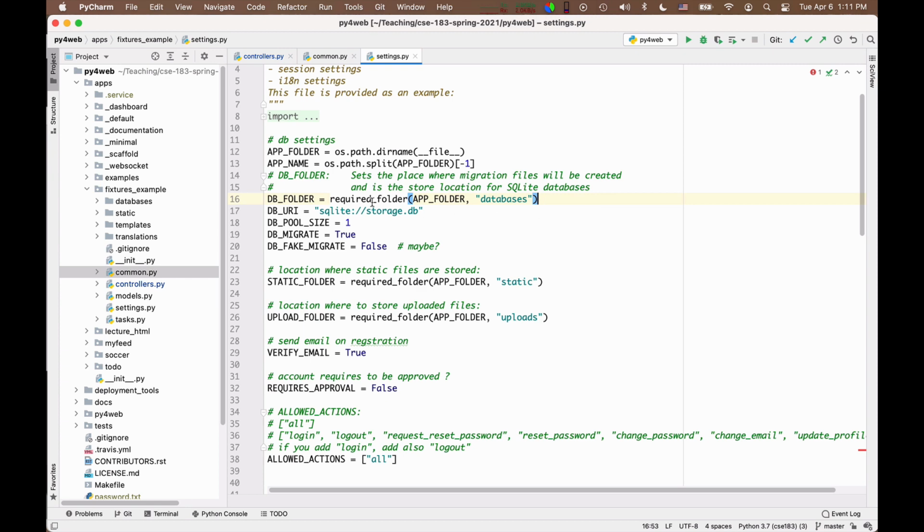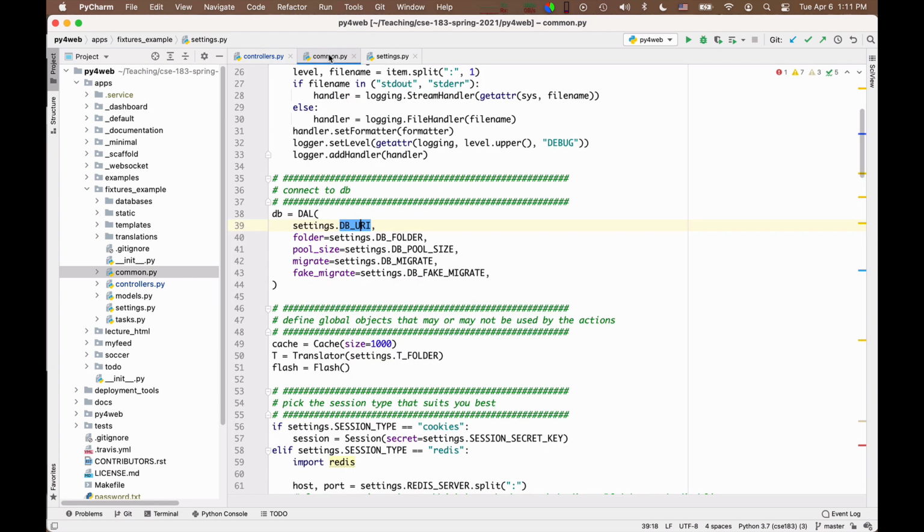Okay, so this is how you create the database object. Once you have it, that will give you access to the database. And another interesting feature of Py4Web, by the way, is that you can have multiple database objects that connect to different databases. It's not very common that this is useful, but if you want to do it, you can perfectly well do it. For instance, if you want to design an app that migrates data or moves data between two databases, that's quite easy to do.